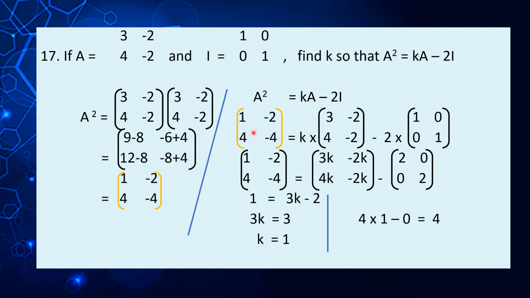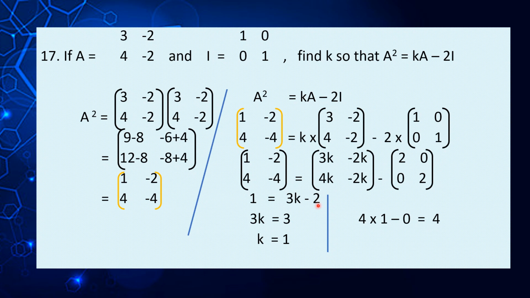This is a square, that is 1 minus 2, 4 minus 4 is equal to k into 3 minus 2, 4 minus 2 minus 2 into 1, 0, 0, 1. That would give us 1 minus 2, 4 minus 4 is equal to 3k minus 2k, 4k minus 2k minus 2, 0, 0, 2. First, let's consider one of the equations, that is 1 is equal to 3k minus 2. That would give us the value, to find the value of 3k, we would